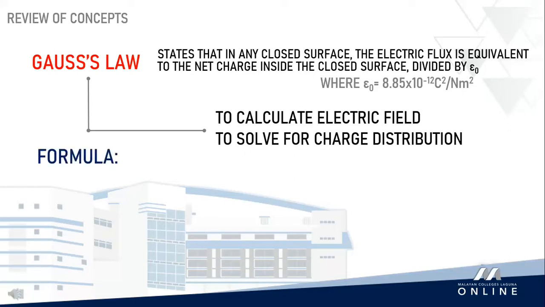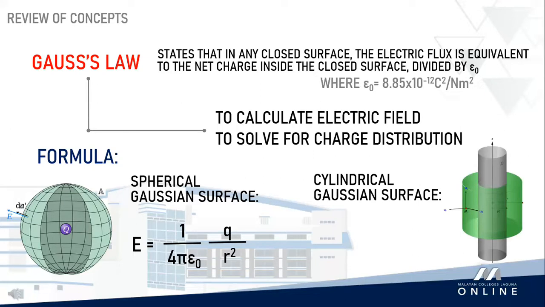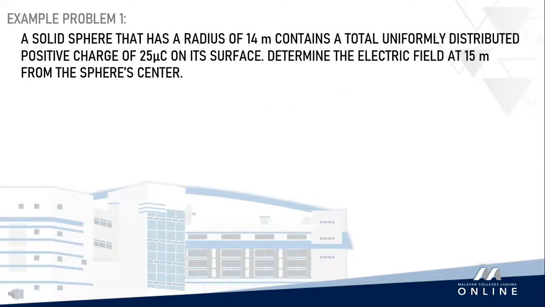For spherical Gaussian surface, we use this formula, while for cylindrical Gaussian surface, this formula may be used. Now, let us apply this in solving word problems. A solid sphere that has a radius of 14 meters contains a total uniformly distributed positive charge of 25 microcoulombs on its surface. In this problem, we are asked to determine the electric field at 15 meters from the sphere's